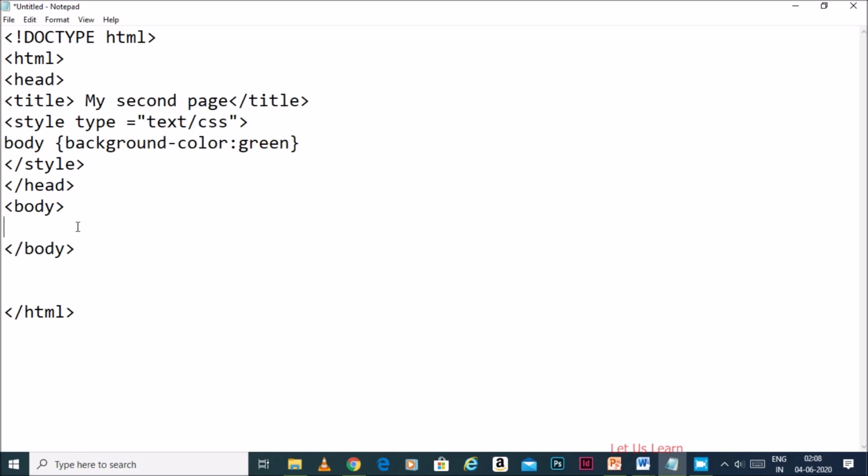Now coming to the body tag, if I want to give any heading for my web page, you have to use the heading tag. For that, type less than symbol h1, close this, and give the heading name. I'm going to give it as CSS, and close the h1 tag. Actually, there are 6 different types of heading, that is h1, h2, h3, h4 till h6. Each one will have a different size. h1 will be the biggest size, and h2 will be a little bit smaller than h1. So you can use different heading sizes for your paragraph.